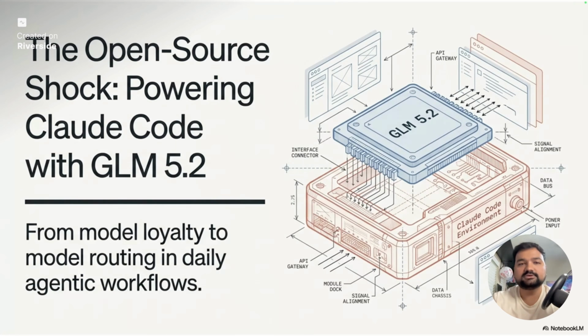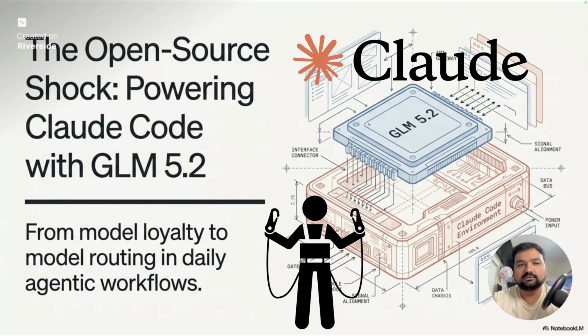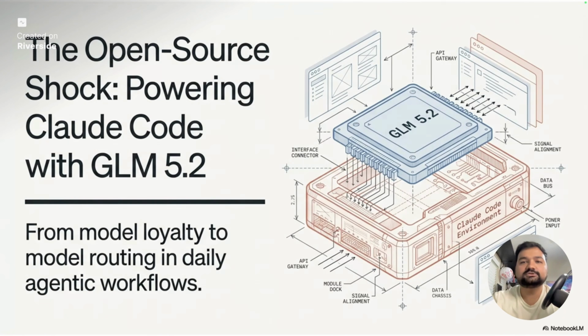coding agents, because normally when we use Claude Code we think about the Claude models behind it, like Sonnet, Opus, and the usual Anthropic setup. But what if Claude Code is not the model? What if Claude Code is the harness? And what if we can swap the engine behind that harness? This is exactly what this setup does. We are moving from model loyalty to model routing. Instead of asking what AI model is the best,